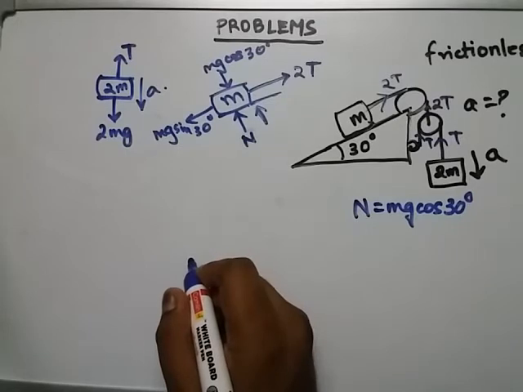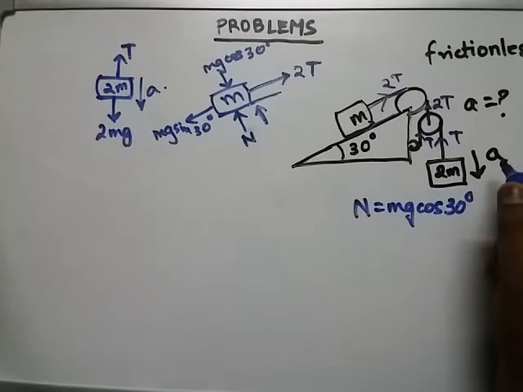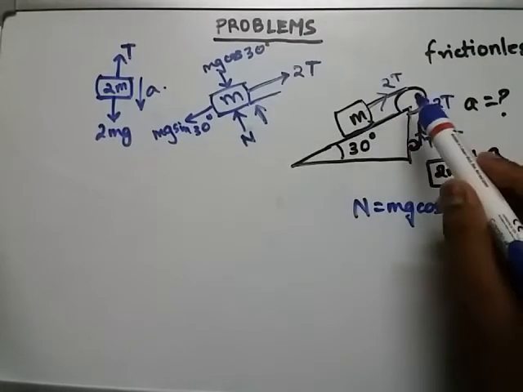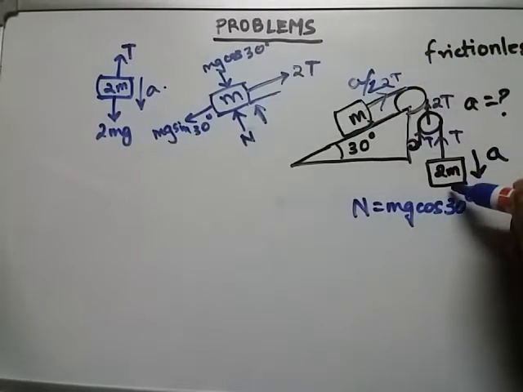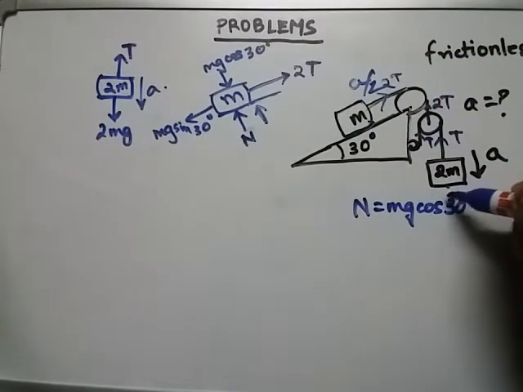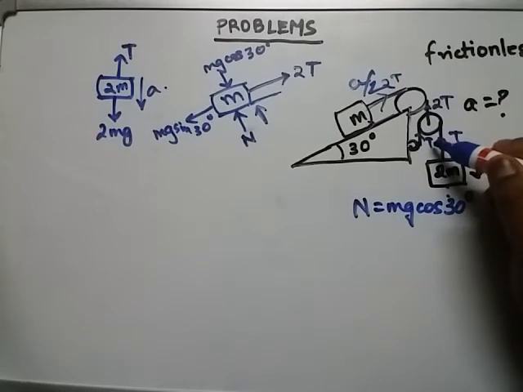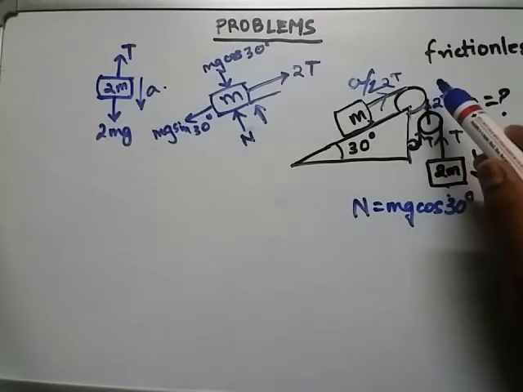Now let us write the force equations. One thing you have to see is that there is a concept of constrained motion over here. If this moves with an acceleration a, then it can be seen that this moves upward with an acceleration a by 2. Why? Because if we move this by x meters, then the pulley moves downward by x by 2 meters, and hence the rope moves upstream by x by 2 meters. Fine. That's why the acceleration is a by 2.